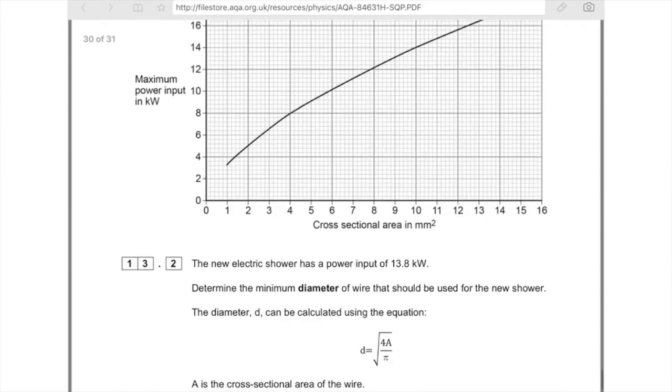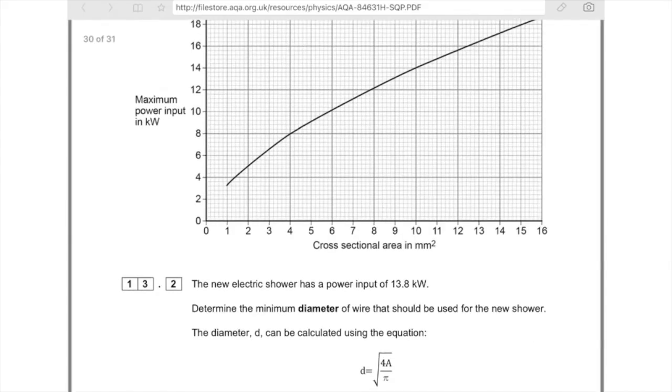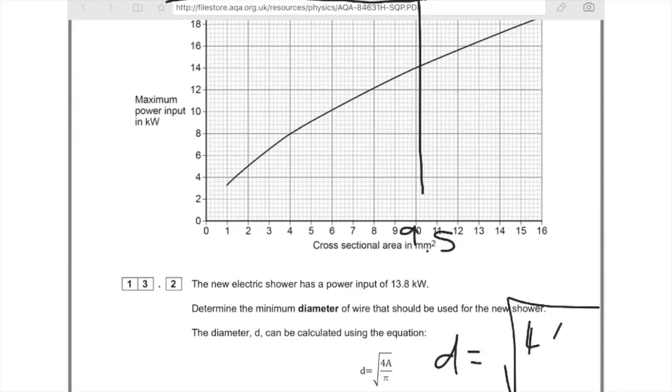So we're looking for a power input of 13.8. So you're going to put a line across from 13.8 to here. Bring that down. I think the cross-sectional area therefore is 9.5. We're looking for D, so we're just going to write D equals 4 times that number we've pulled off the graph,